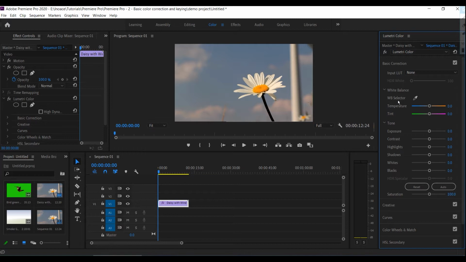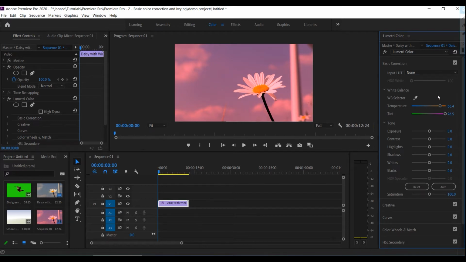Now below it we have the first setting, which is called white balance. So we can either cool the overall look and feel of the video, or we can make it warmer. With the help of these sliders I can either make the video warmer, or make it bluish or cooler. And we can also change the tint. For example, it's red orange here, and we can make it more red.